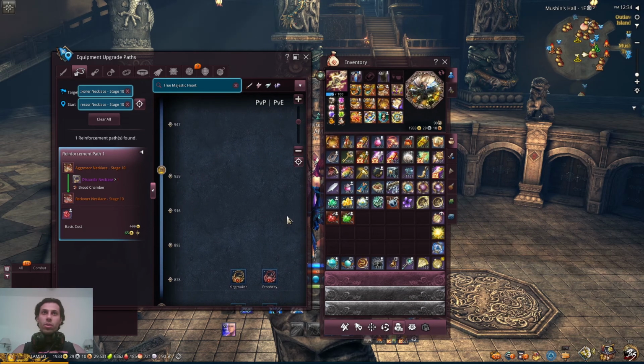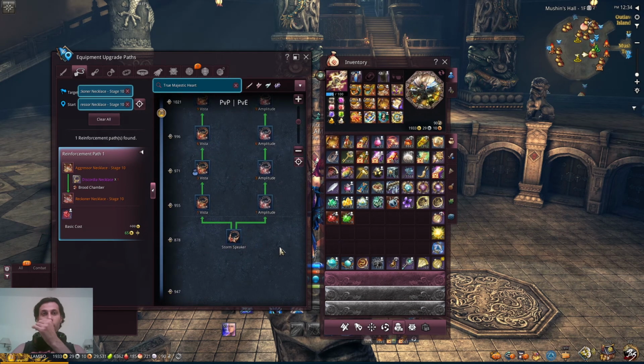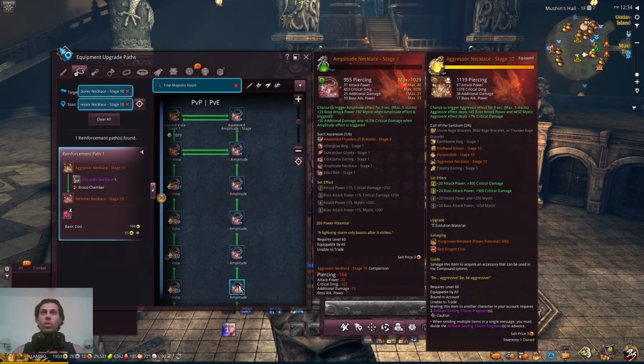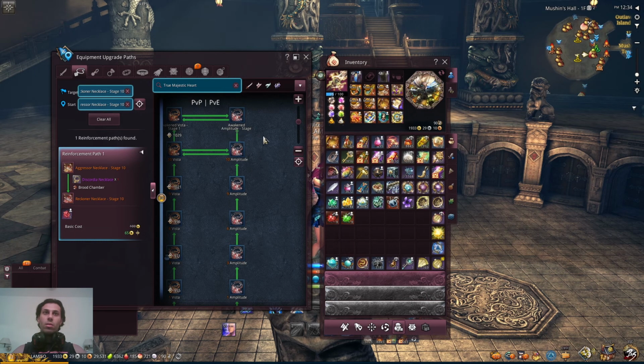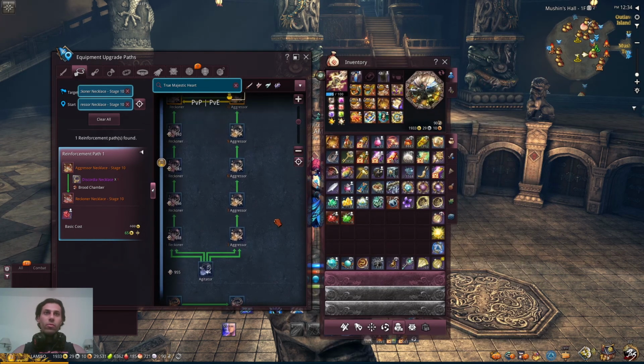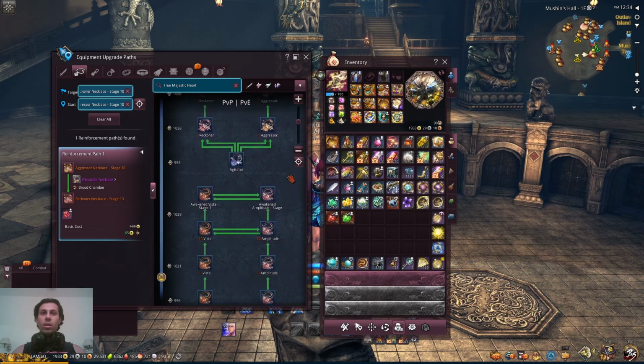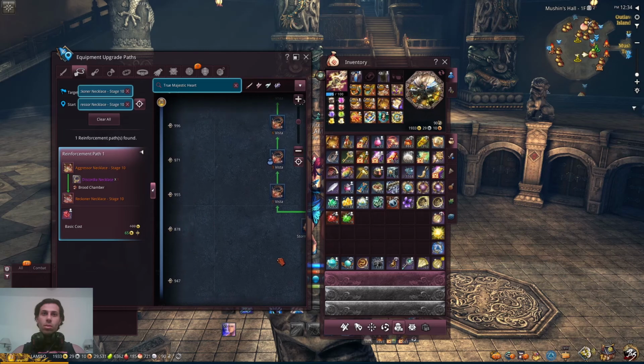Okay, so after you get the prophecy necklace, just play with it for as long as you can until you begin to get the amplitude necklace. After the amplitude necklace, you will go for the aggressor necklace and you will be fine. Okay, some classes are good with